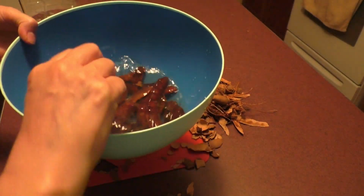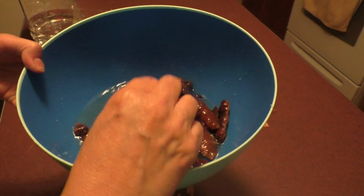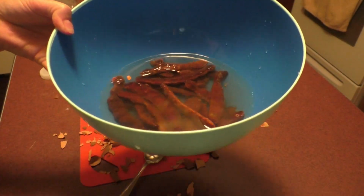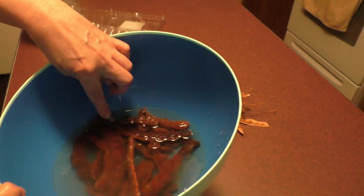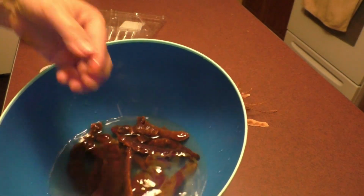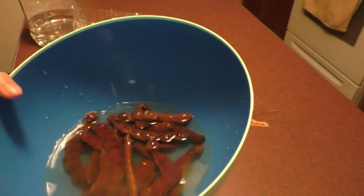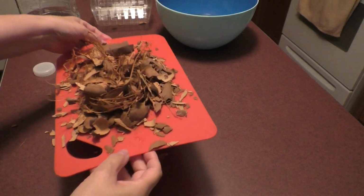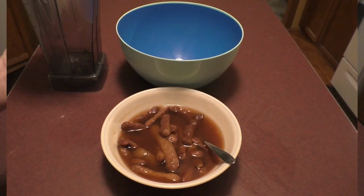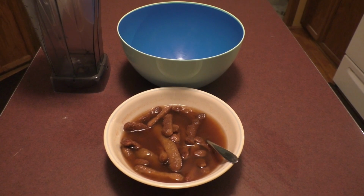All right. So we'll just let that sit for a while, a couple of hours or so, till they get soft. And you could see how the shell is coming off. And you could just take all the shell off right here. Now to throw all the husk into my compost bin. So after a couple of hours or overnight,